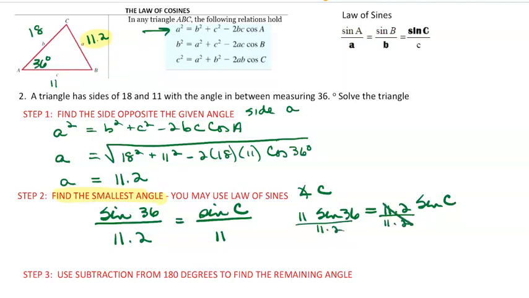Okay, that's going to give me sine C. But I don't want sine C, I just want C. So in my calculator, I'm going to say C equals sine^-1 of 11 times the sine of 36, open and close those parentheses, divided by 11.2. Close those parentheses, put that in your calculator, hit the old enter button, and you should be getting